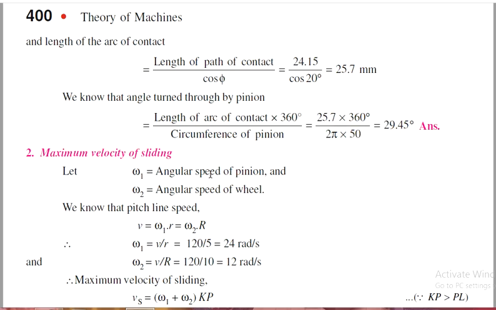Then maximum velocity of sliding, we know the formula from the initial itself. Omega 1 is the angular speed of the pinion, omega 2 is the angular speed of the wheel. So v is omega times the radius, or simply here